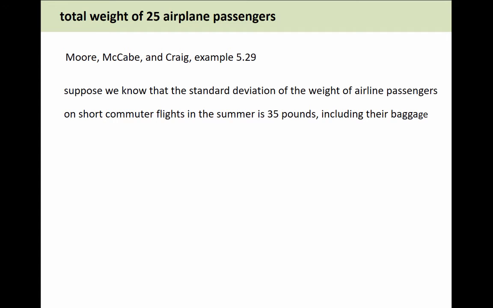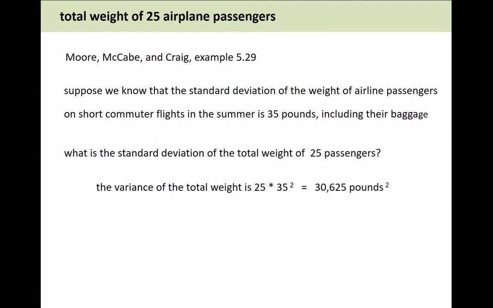But suppose we know that the standard deviation of the weight of our passengers, again, we're restricting ourselves to short commuter flights in the summer, is 35 pounds, again including their baggage. So if we ask what is the standard deviation of the total weight of the 25 passengers, then we first have to work out the variance of the total weight. So the variance of the total weight is 25 times 35 squared. Remember, we have to square the standard deviation to get a variance,